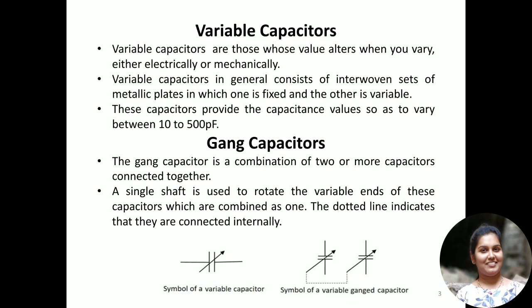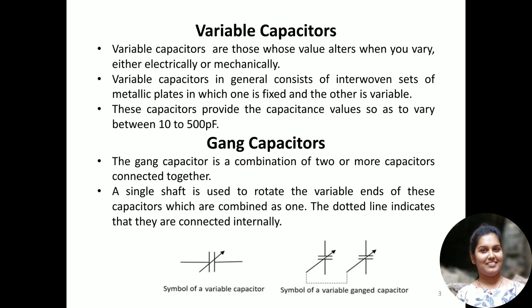When you see a variable capacitor, you see some metallic plates, right? Either two metallic plates or some set of metallic plates. Those plates will be moving above one another, such that the area and also sometimes the distance between the plates will change. So this concept of changing the capacitance with a change in the area as well as the distance gives us a special type of capacitor that is called variable capacitors.